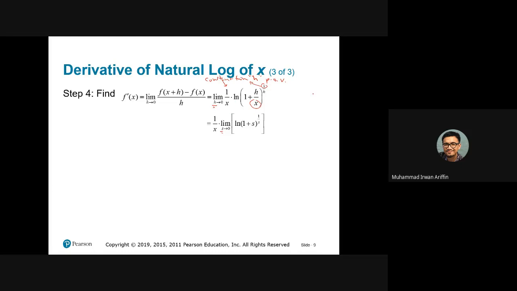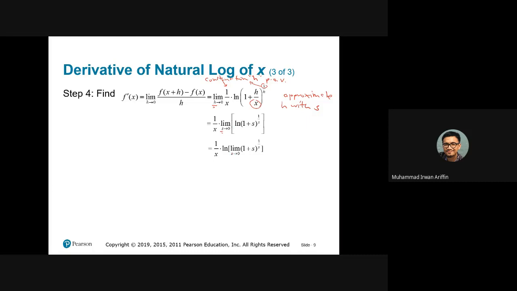This is just to approximate. So we want to approximate H with S. Now here H is in the numerator, so we put S, because S represents this H. And here H is in the denominator, so we put S here. So now we can make the analysis more simple. So next step would be,